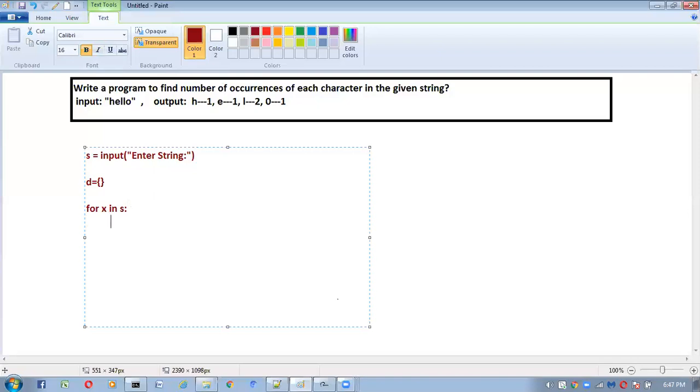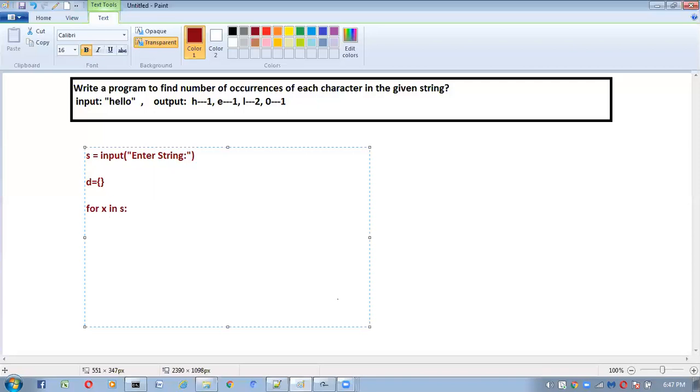So now I got the x value. What do we have to do? We have to check whether the x value is available inside the dictionary or not. How can we check? For that, we have membership operators in Python.